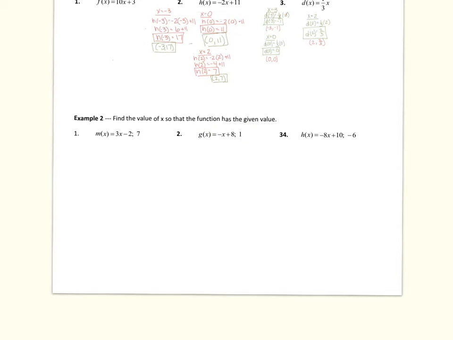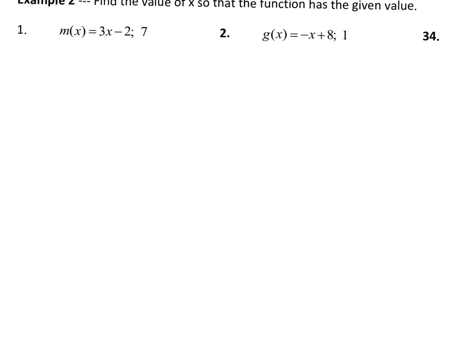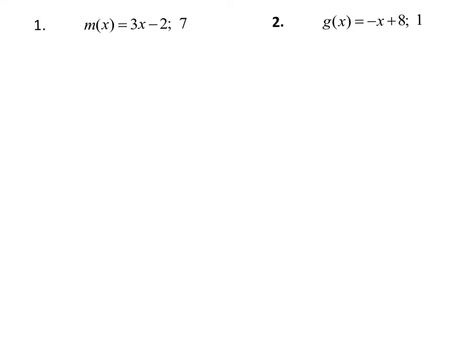Okay, in example 2, we're going to find the value of x so that the function has the given value. So right after that semicolon, I'm going to zoom in to just that first example. The given value that they're talking about is this number after that semicolon. So what you're going to do is take that given value and replace this whole thing with your given value. Because right now you want to find out what x value is going to create that. So we're going to write 7 equals